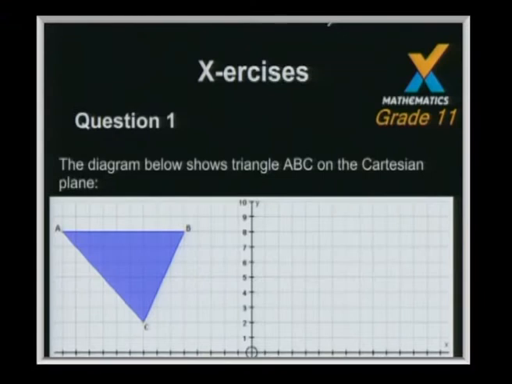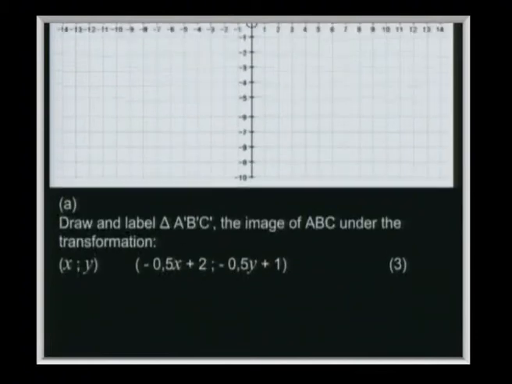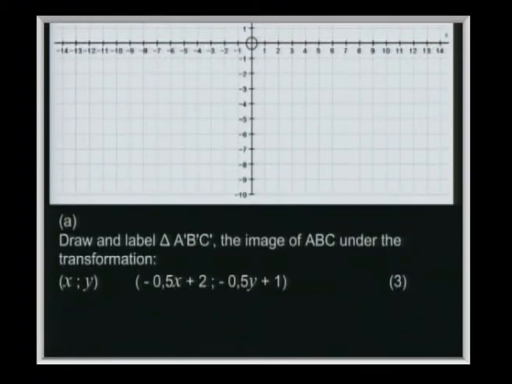And start off with the usual triangle, ABC, and let's see where this question takes us. All right, ABC, normal place, second quadrant, looking good. Numbers look a little bigger than usual. Something interesting is going to happen, I'm sure. Down to the question. Draw and label A', B', C', the image of ABC, under the transformation